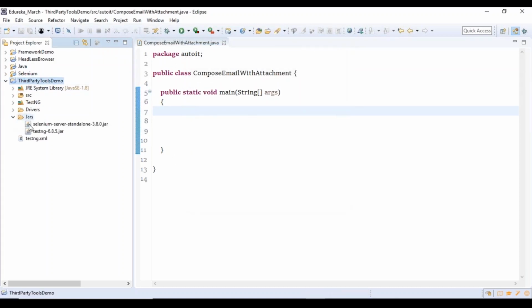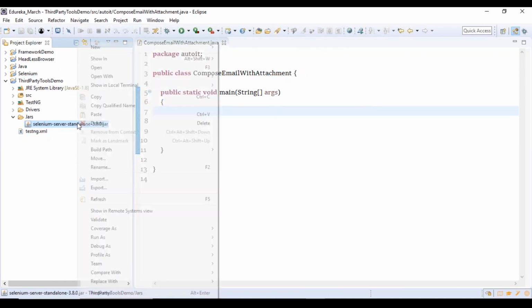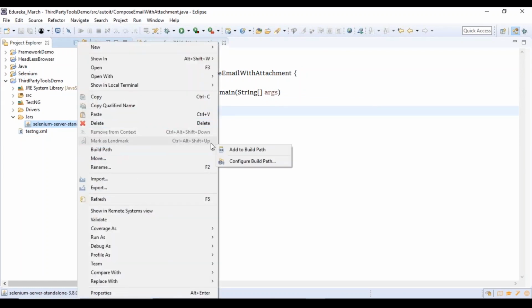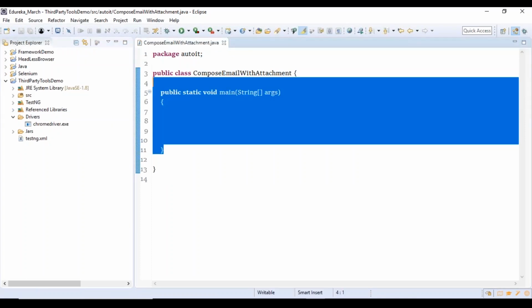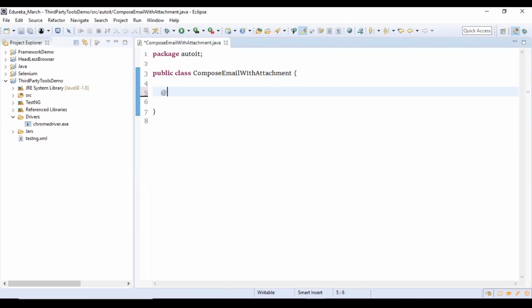So the jar file that I have taken, for now I don't want TestNG. I just want this Selenium standalone jar. So let me add it to my build path. Okay, I have added it to my build path, and then I have the driver executable added here. So the first thing I'll be doing is writing an @Before method annotation, wherein I